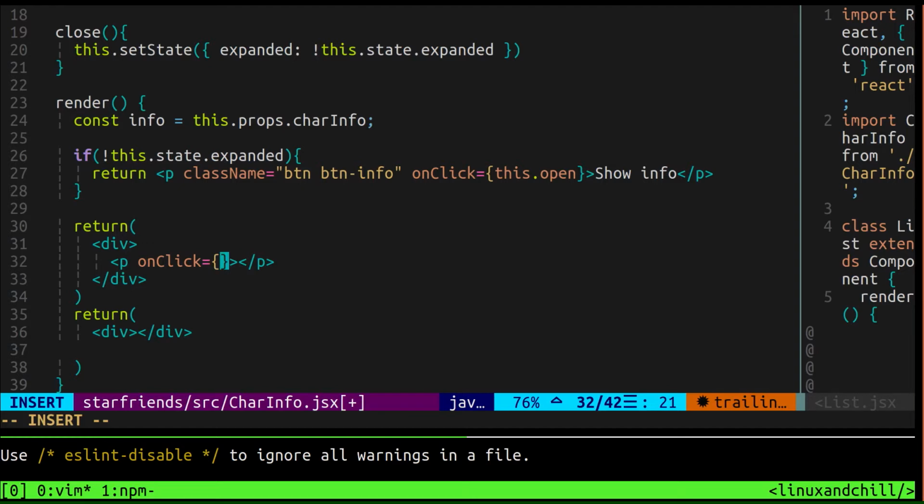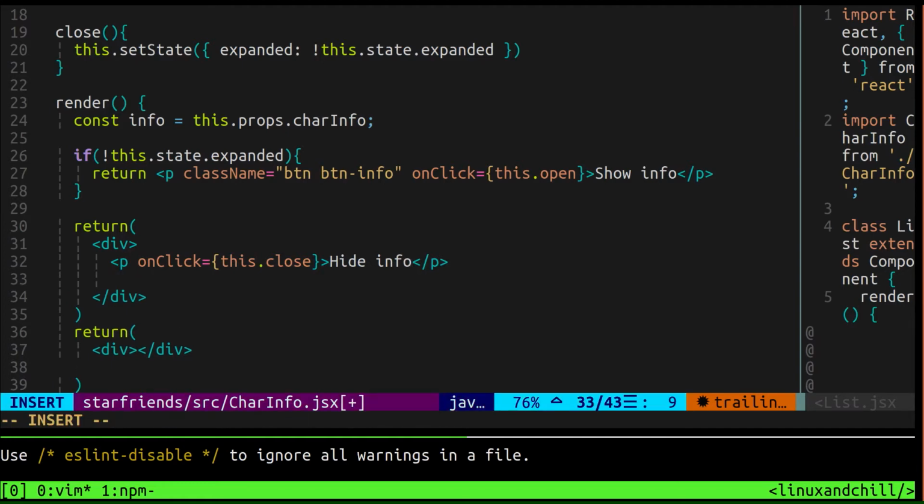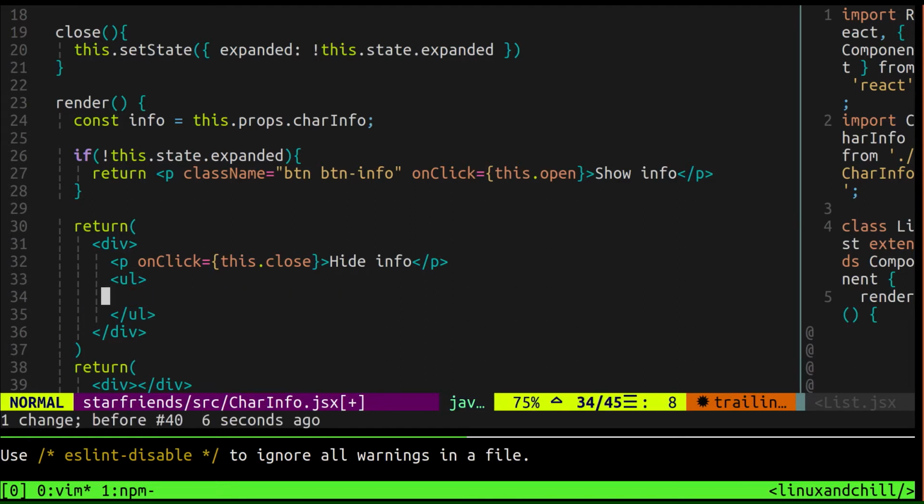So we'll say this dot close, and here we'll say hide info. And if it's not hidden, if it's showing, we want to show whatever properties from that object. So let's make an unordered list, ul, and list item, and let's also make that an h2, list item, and h2, and in here we'll show